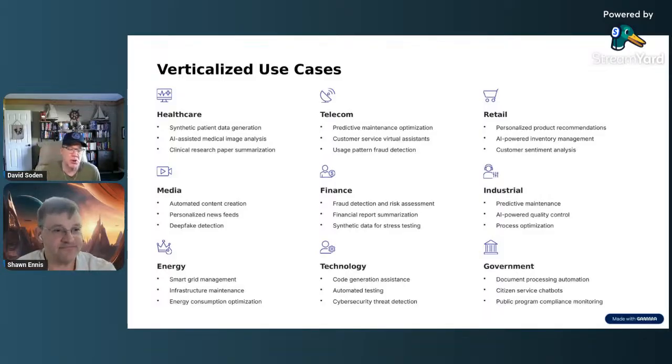And this is the use case where we're talking about where it's industry agnostic, and then Shawn's talking about machine learning. So predictive maintenance optimization. If you're in telecom, you've got cell phone towers, you've got geographies all over the place. Probably over time, you've bought different equipment. Some of it's aged, some of it's newer. It's all over the place.